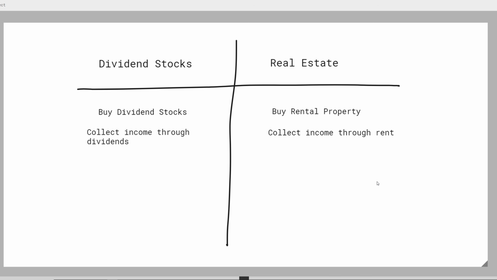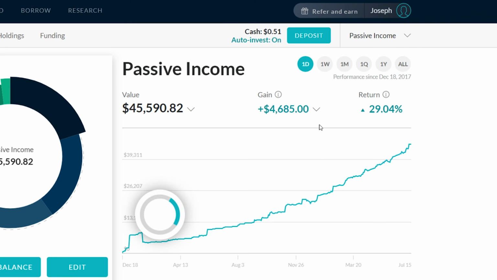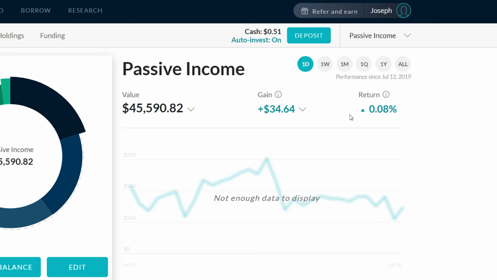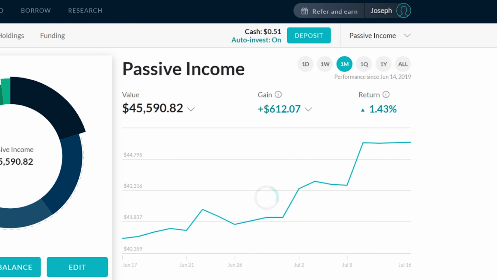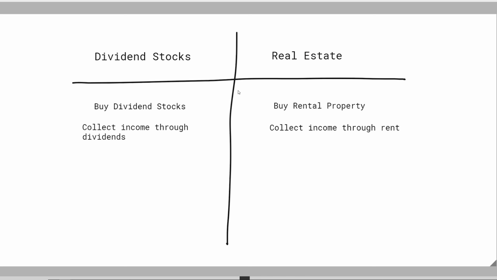Now, with dividend stocks, it's different. People say, well, I buy them, I want to get the income from them. But then what they do is they buy the dividend stocks, they check their portfolio, and they're looking at this one-day number, looking at it every single day to see if it went up a percent in value or down a percent in value. The mentality, for some reason, is totally different between the two when I don't think it should be. I think when you buy dividend stocks, you should treat it as if every single stock you own is a rental apartment. If it's paying you that dividend income, it's as if you own a rental apartment that you're collecting income through rent.